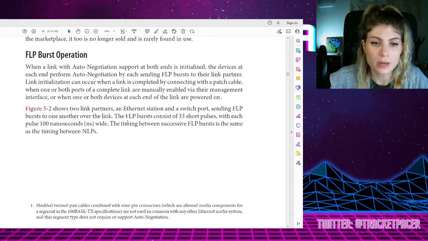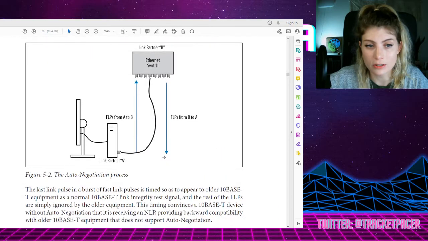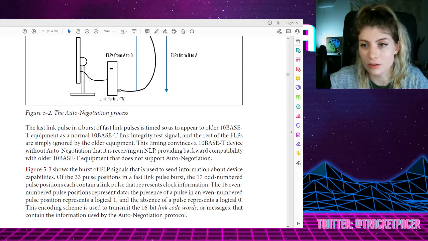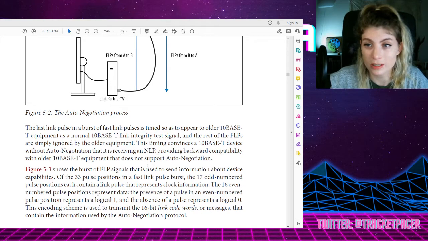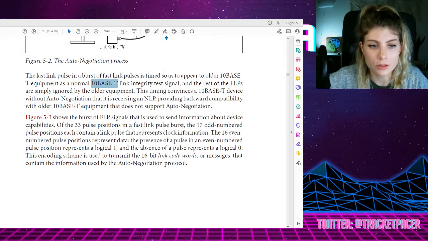So in our example, we have a bunch of FLP bursts, and each of them consists of 33 short pulses, each of them 100 nanoseconds wide. Okay, so that's a little bit of information about what they look like. And then we have backwards compatibility with 10 base T. All right, so of the 33 pulse positions,